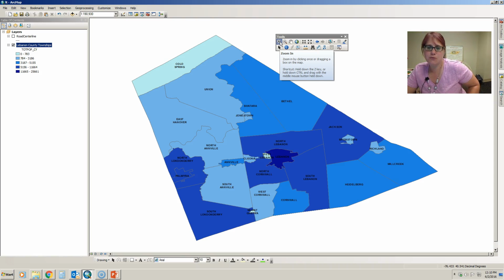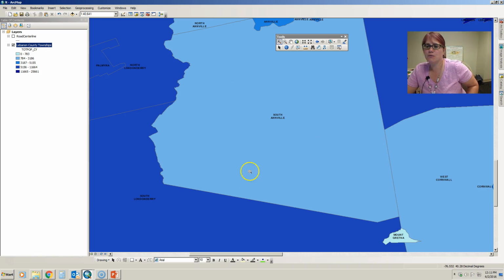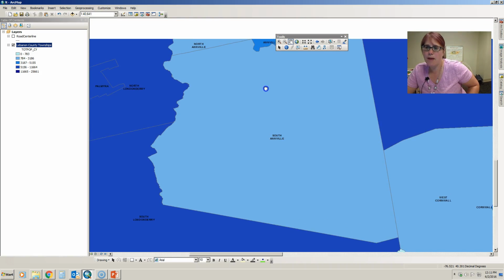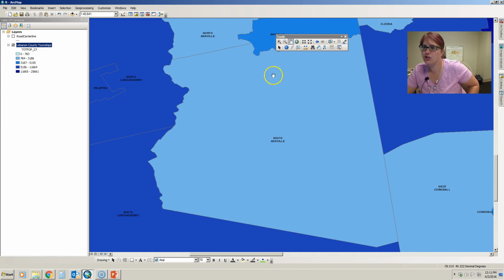So say, for instance, we want to zoom into South Anvil Township. We go up in the upper left corner, drag with our mouse down to the lower right, and it zooms in on South Anvil Township. If it's not exactly the zoom that we want, or it didn't get the whole township, we can then use our pan tool to just pan or pull the map down